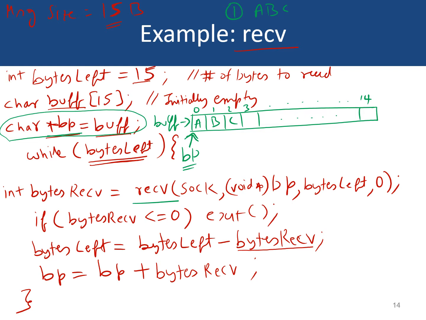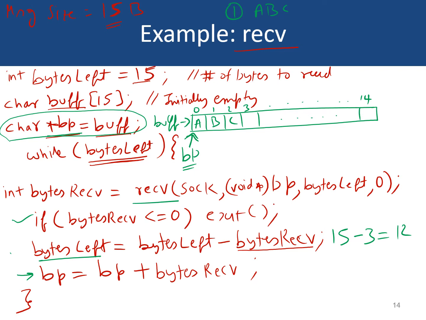After storing the characters, assuming there is no error here, we will update this bytes left. So note that initially the bytes left was 15. Now 3 bytes have been received, so bytes left would be 12. And then we will update the point at which this buffer pointer is pointing, right?